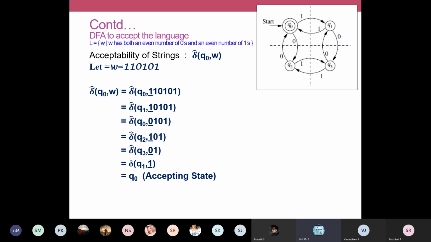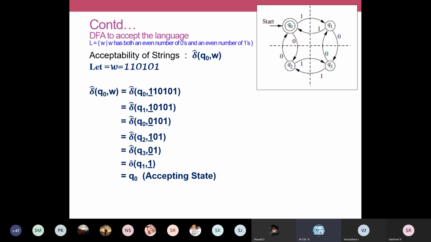After reading the first symbol, you drop that first symbol and write the remaining symbols in your next step. Now we are going to apply the transition in Q1 on reading a 1. Where are we going? You just analyze from your diagram. In state Q1 on reading a 1, we go to Q0 once again. So your next transition is going to be del cap of Q0.